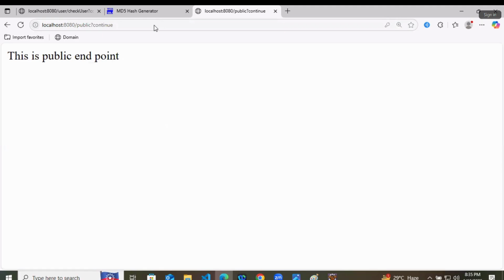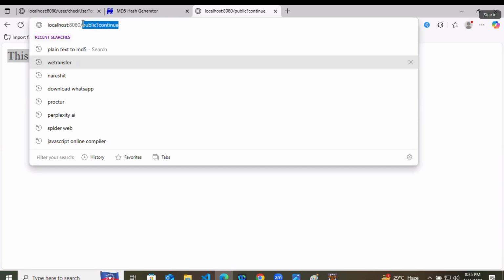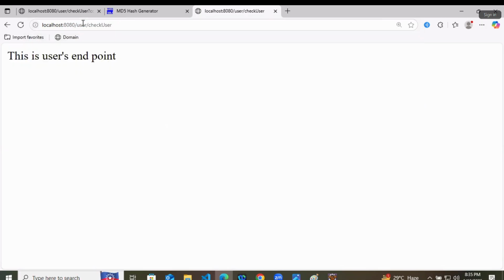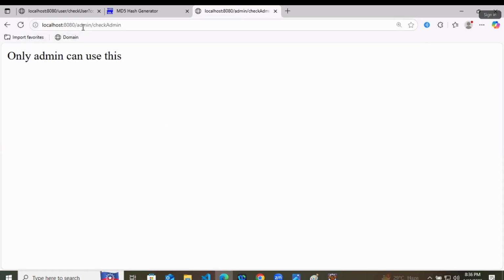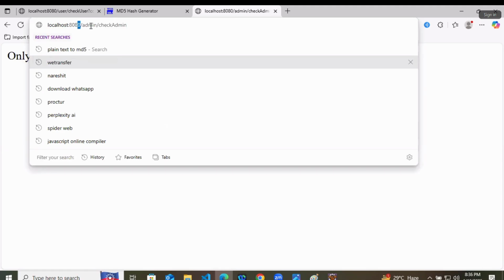As a user, I am able to check the public page, right? Let's try to check the users, right? By writing the user's credential.